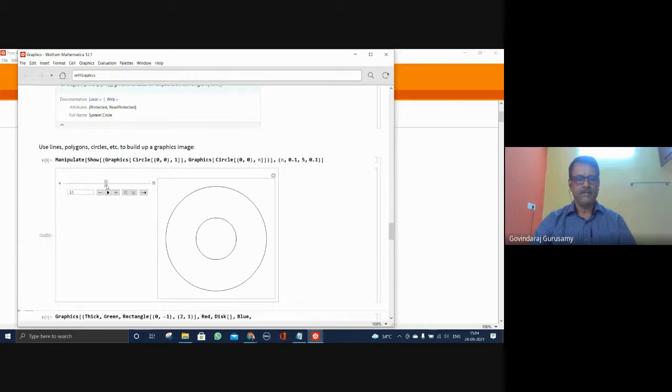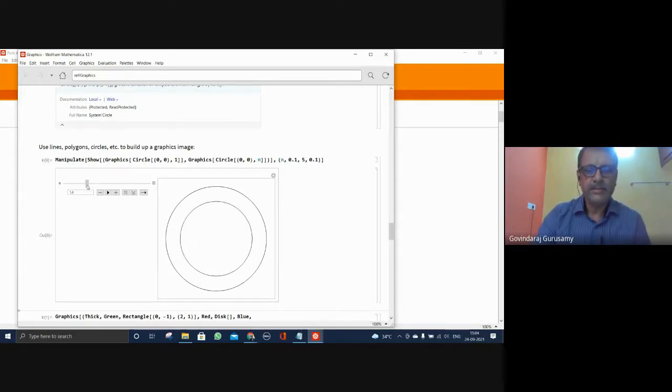What happened? This radius must be greater than that. N must be greater than that. And it is limited to 1. Oh, that's 1, right? Okay. Then it's supposed to increase, but it's going down. Maybe the way we have combined visuals is not the correct way to combine them.